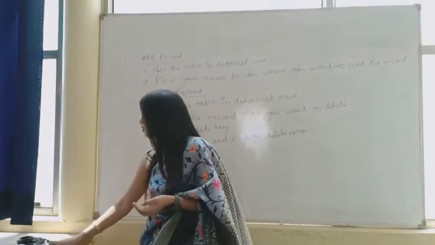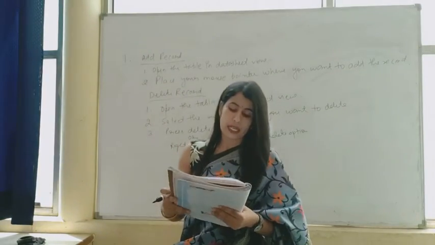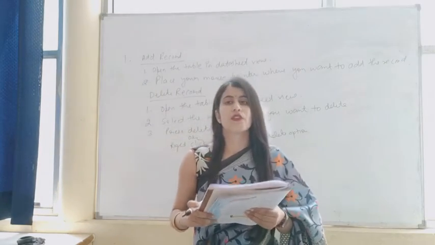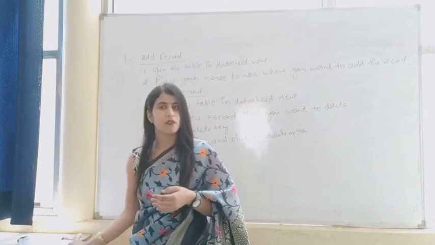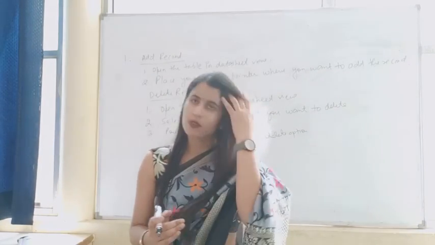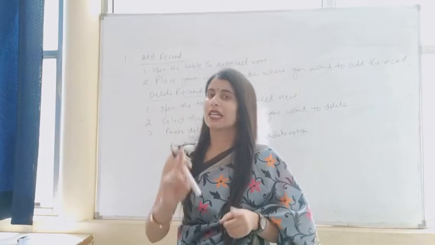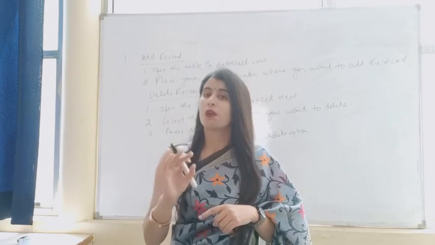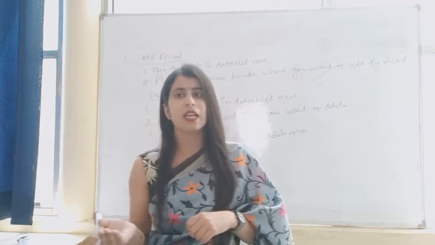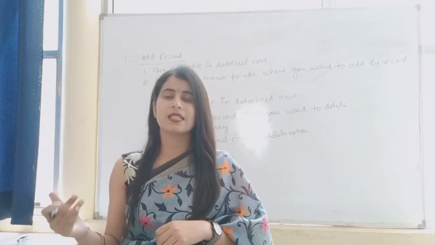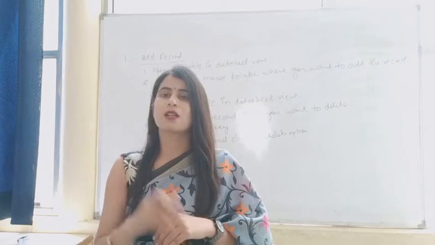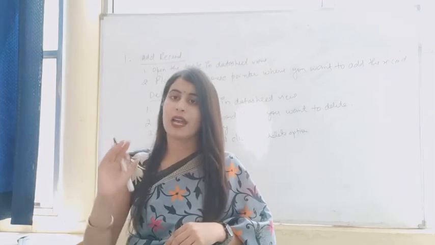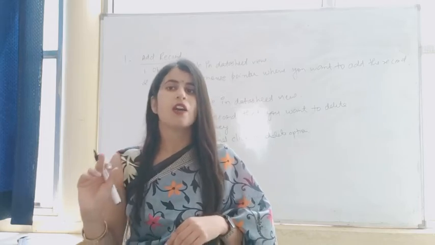Now we will do question number 2. What is question number 2? It is: differentiate between datasheet view and design view. We know that these are the two types of views in a database, and the differences are: first, datasheet view is the default view but design view is not the default view. Second, you can edit the contents in datasheet view only. You are not able to edit the contents in the design view. Next, fields and records are visible in datasheet view and in design view only fields are visible.